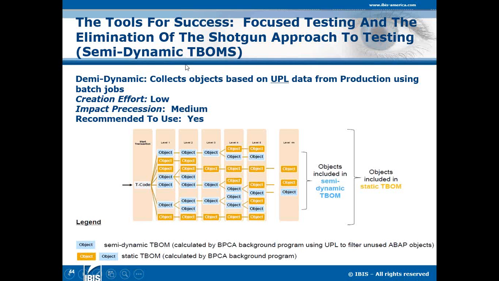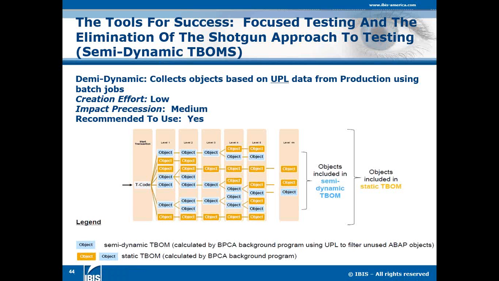Semi-dynamic TBOM is another type. Again, what is a semi-dynamic TBOM? It collects objects based on UPL, which we'll talk about later, from production using batch jobs. The creation effort for semi-dynamic is low. The impact precision is medium. And would I recommend semi-dynamic TBOM development? Absolutely. Matter of fact, you can auto-create semi-dynamic TBOM if you are using ChaRM today. As you are doing your configuration or development, that can be made part of your auto creation process via ChaRM,